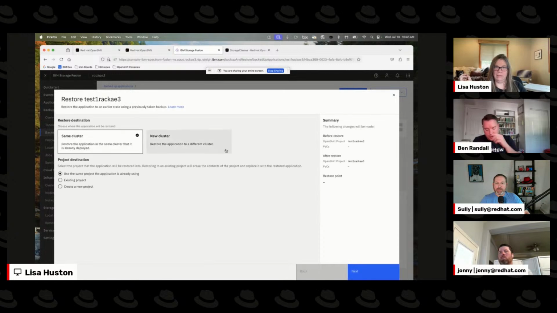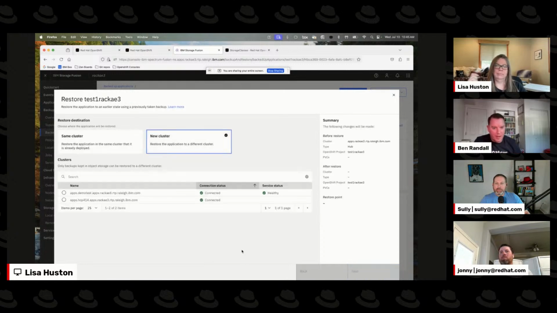And that's kind of cool with the hosted control plane too, because one of the things that Jonny mentioned earlier is, hey, when I'm done with my cluster, I can just delete it. Well, if you realize that there was something important in that cluster that you deleted, as long as you had a backup of that app, you could just go ahead and spin up a new cluster and just restore your application in there. Yeah, really. So I'm showing our backup where basically we had an application on our hub